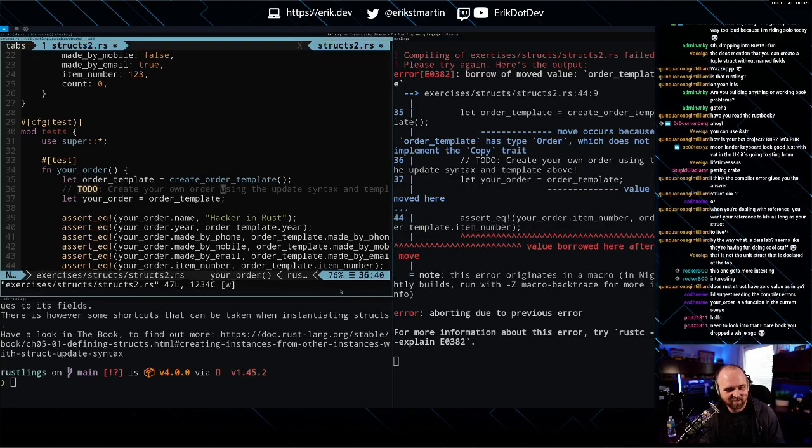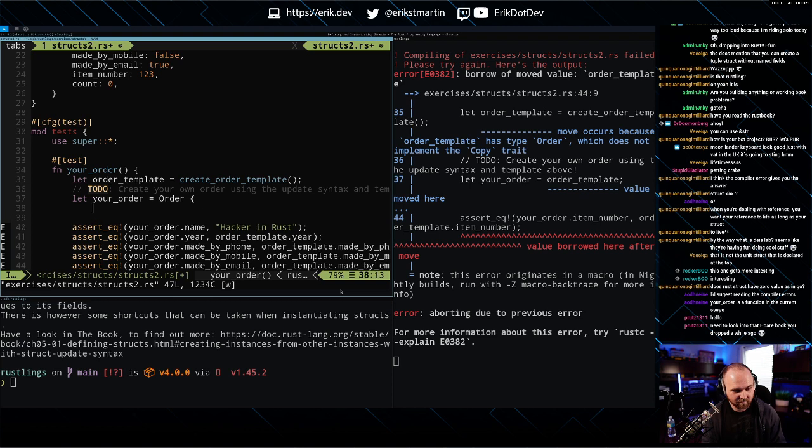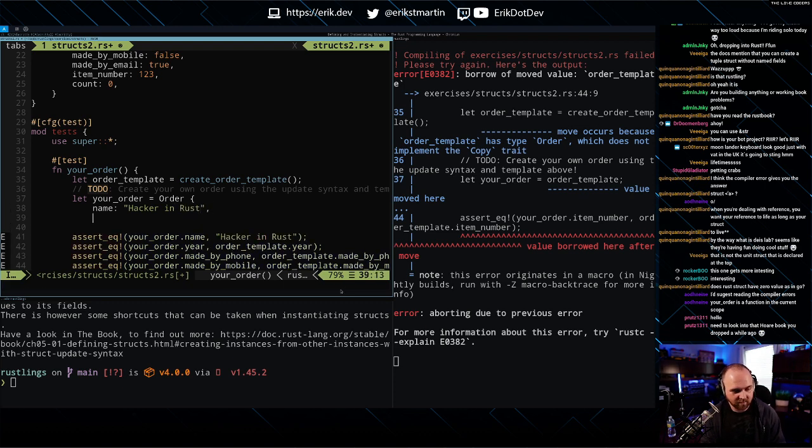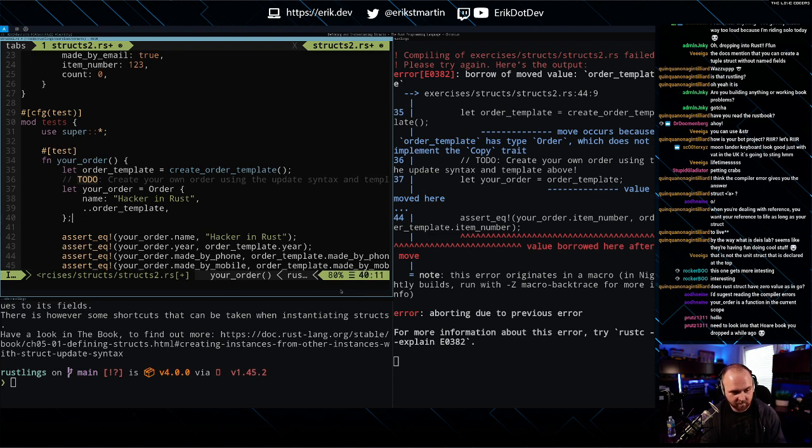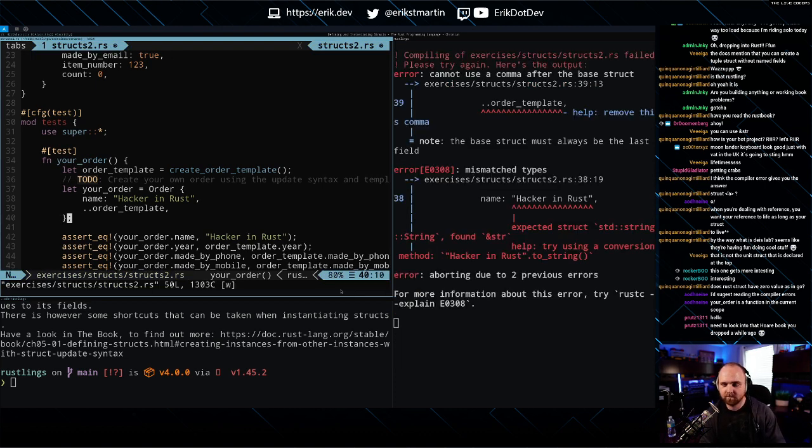Okay, so what we really want to do here is create our own order. We're going to set our name here to hacker in Rust. And then we are going to take everything else from the order template. Help remove this comma.